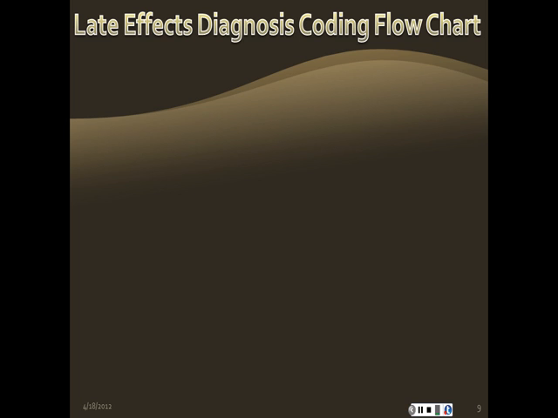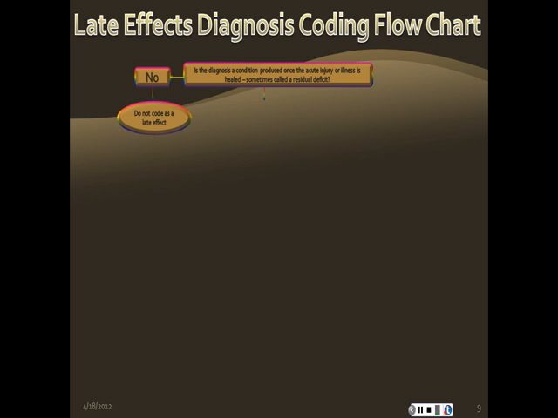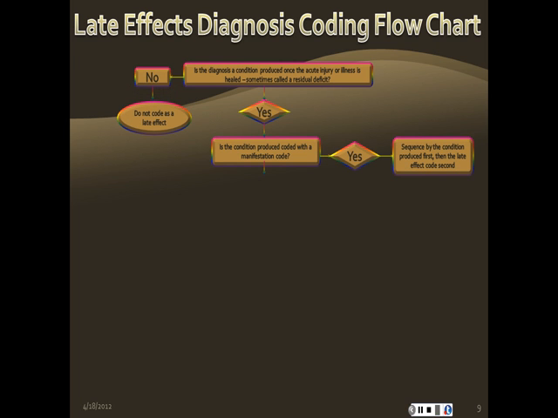The first question to ask yourself would be, is the diagnosis a condition produced once the acute injury or illness is healed, sometimes called a residual deficit? If you said no, then you would not code the late effect. But if you said yes, then you would ask yourself, is the condition produced coded with a manifestation code? Now, if you said yes, then sequence the condition produced first, followed by the late effect. But if you said no,